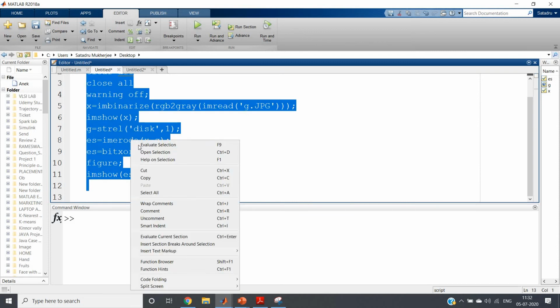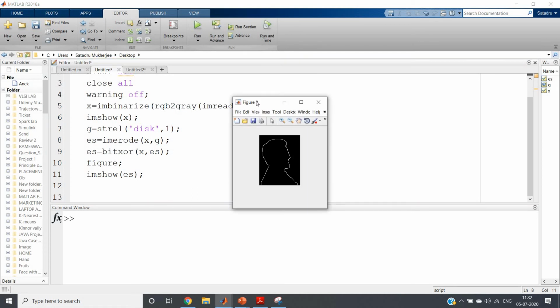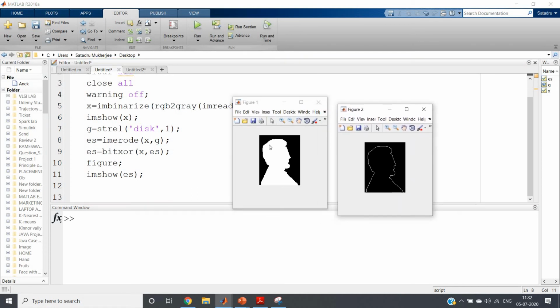Now just run the whole code and you will be getting the same result, because it is giving us the absolute difference between the eroded form or the dilated form and our original image. So there is nothing to change in the expression again and again. In case of erosion, we have to do original image minus eroded form. In case of dilation, we have to do dilated image minus original image to get the boundary. So why not make it general using bitxor, which gives us the absolute difference, right? I hope this simple digital logic design concept is useful in this boundary extraction case, and I hope you have understood the concept.